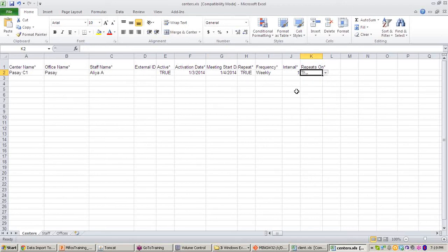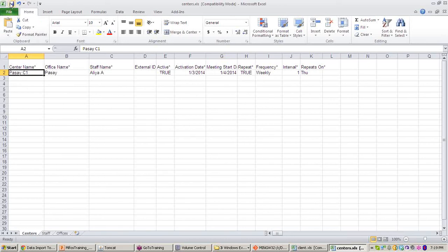If I am considering it weekly, let's make it Thursday, so every Thursday the meeting would happen for this PASE Center 1. Similarly, you can create any number of centers, with their activation date, meeting start date, and the recurrence of the meetings in that center. For simplicity's sake, let me create only this one center here.